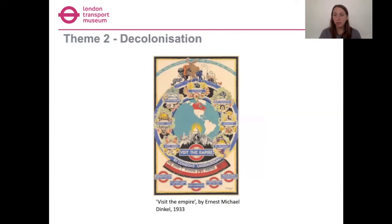The next theme that we wanted to address in the toolkit was the subject of decolonisation. Often in the media, decolonisation is identified as primarily a subject which involves thinking about how we might return objects acquired during colonial times to different communities. What this toolkit looks at is an understanding that many museum objects have been acquired